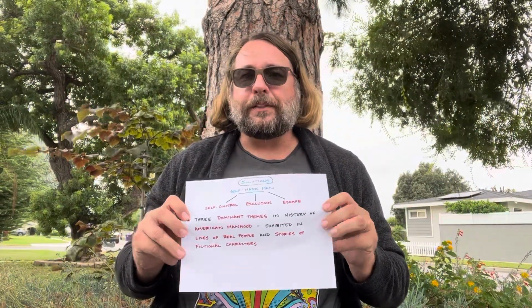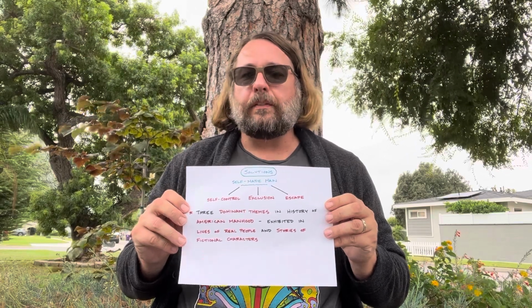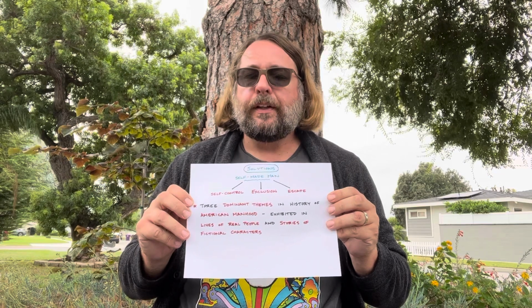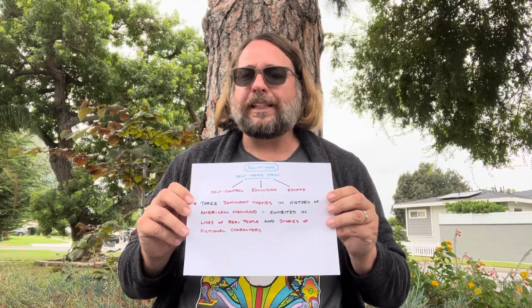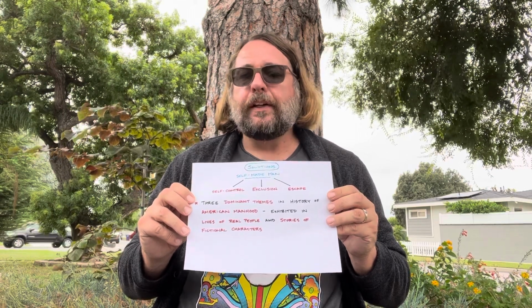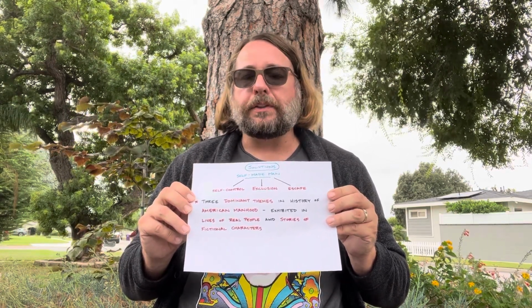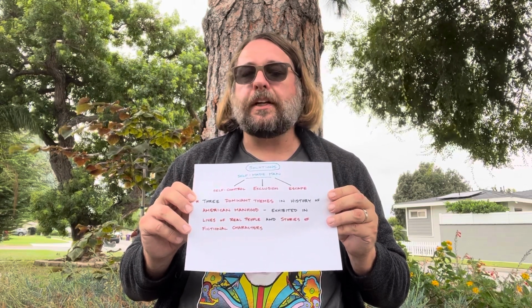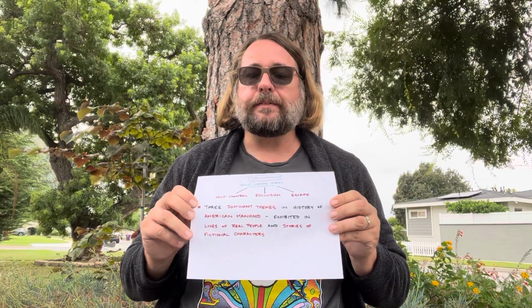That exclusion is one of the three solutions to the problem of the self-made man: his fears, frustrations, and failures. The other two are self-control and escape, that have been dominant themes in the history of American masculinity. As Kimmel shows throughout Chapter 1 and Chapter 2, these themes are apparent in both the lives of real people and the stories of fictional characters created by American society. Still, by the end of the 1800s, American masculinity was perceived to be in crisis, the meanings of manhood made uncertain by three historical developments.